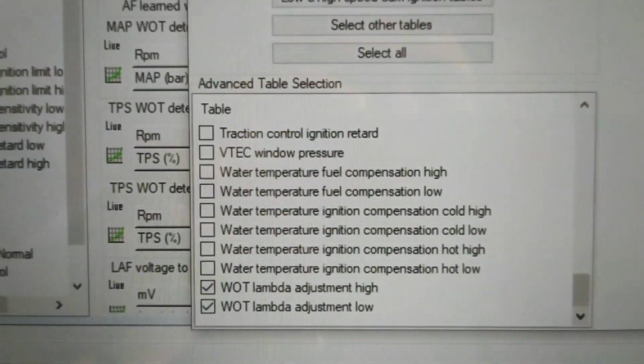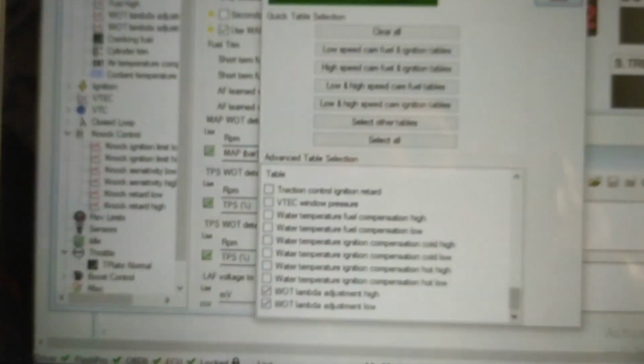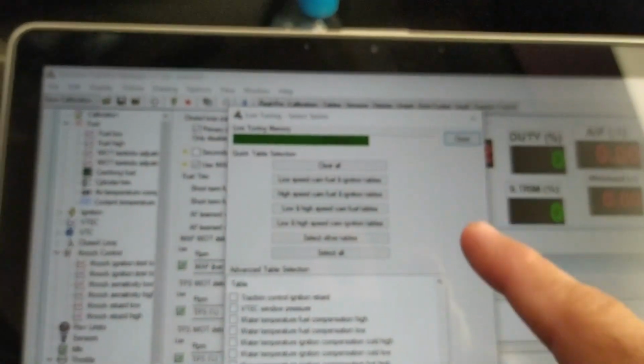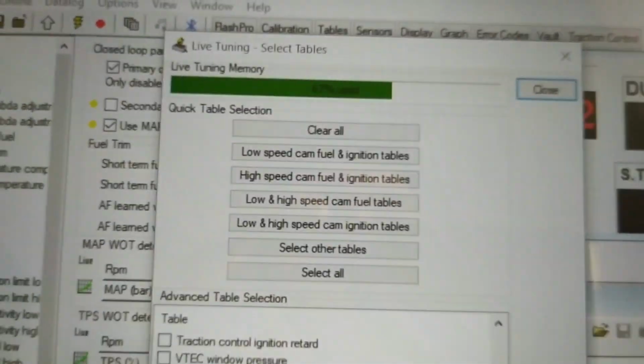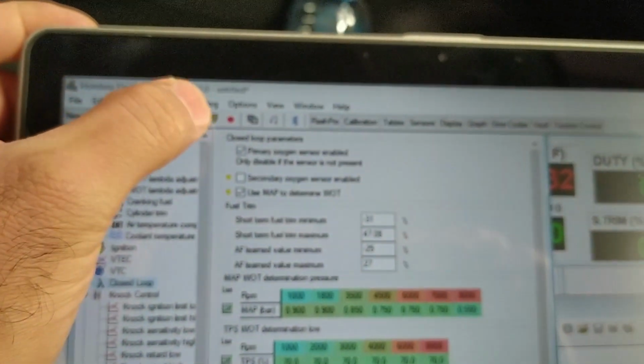Okay, the last ones. These four should be checked, because depending on lambda these will be adjusted. So 67% use. So this is the setting. Check OK, and then upload the map.